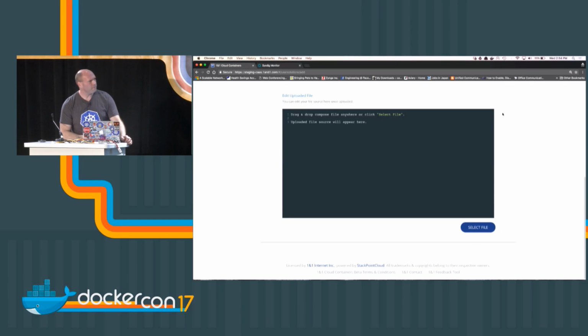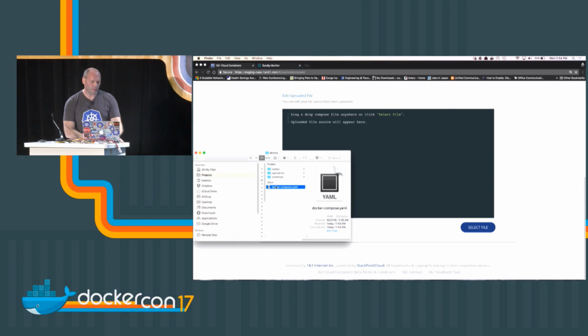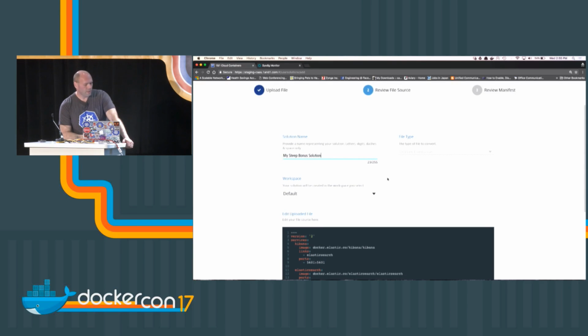If you want to drop in your own solution, what we allow you to do is just go and add a solution, take a Docker Compose file, drop it in, and then we allow you to name the solution, so we'll just use the hyphenated one. We have a concept of workspaces, which is a place to collaborate on clusters and solutions. So you can have a team have access to, say, production site number 1. I can say, go ahead and import this application and make it so only users of production site number 1